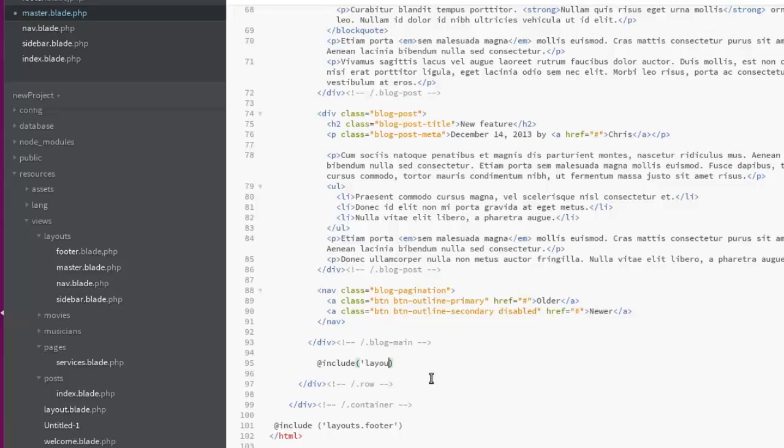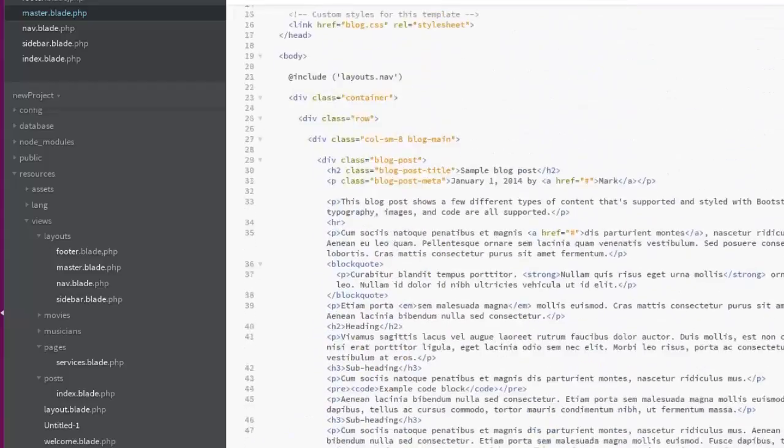Layout.sidebar. Close that out, save that. Now here comes our content of this particular